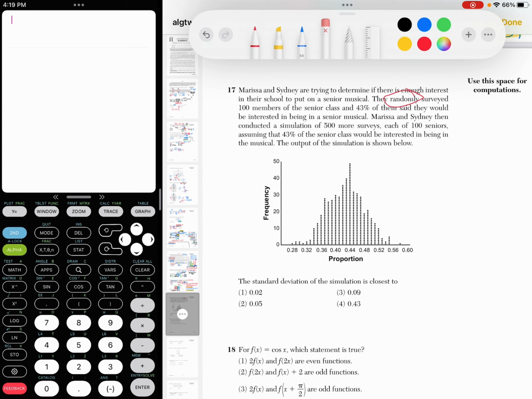So the best way I can explain a simulation to you is it's kind of like another fake study was given. And this one was a simulation of 500. So it's as though they gave this,